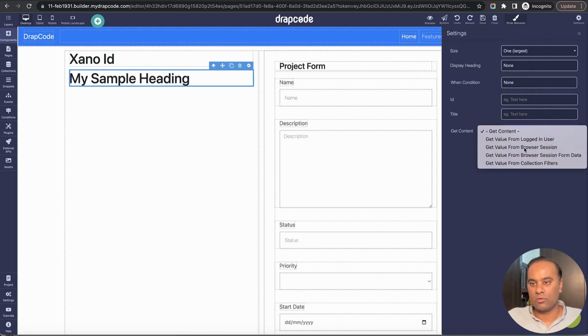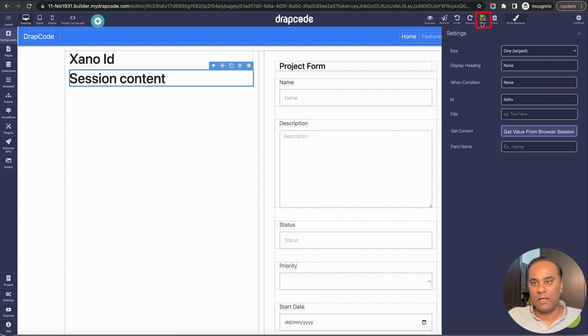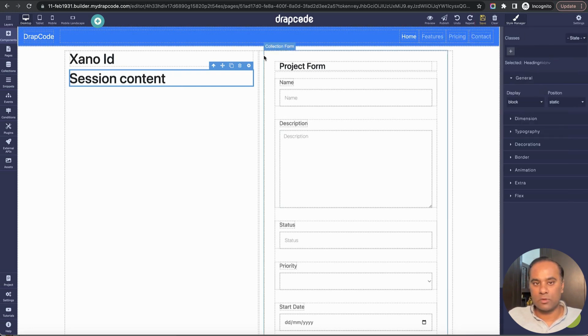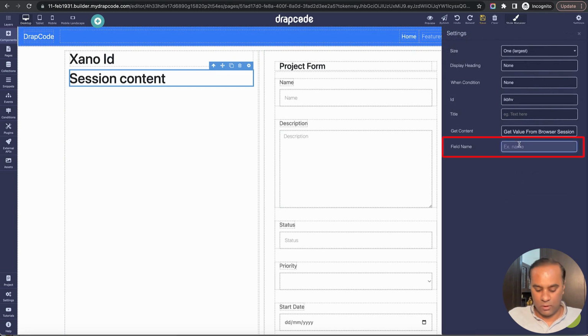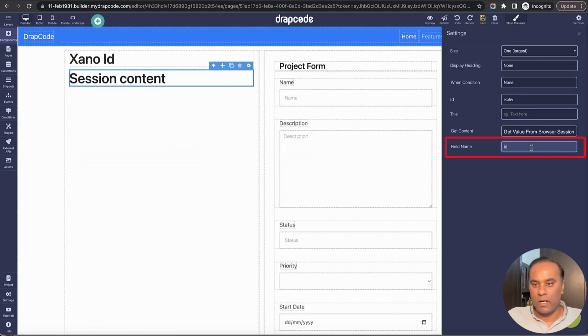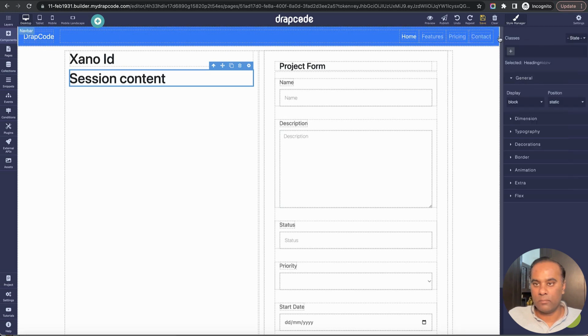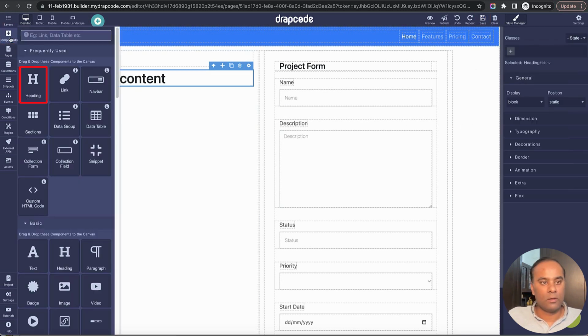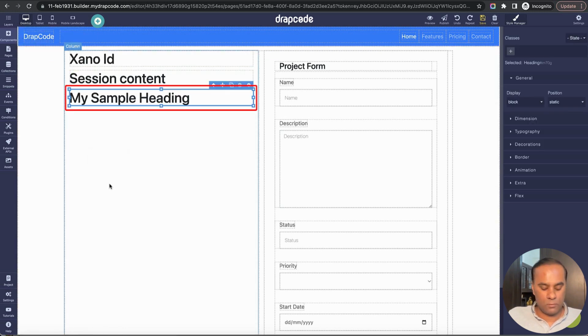This is the option which we will use: get value from browser session. What is the name of that field? I think it is getting stored with the name ID. This we can check right away. So it is getting stored as ID, and also created at, which is created underscore at. So for ID, I'll just say ID. And then created at Zeno,